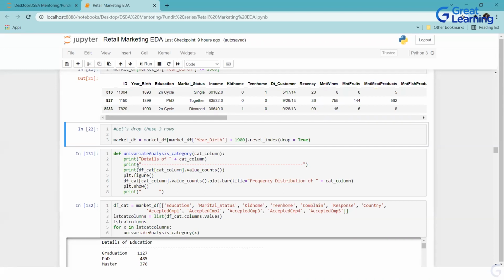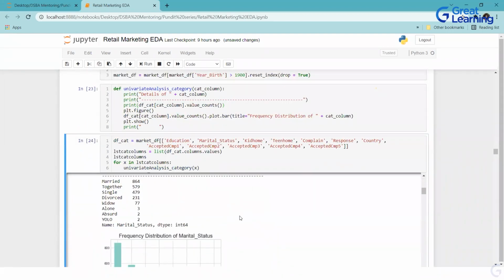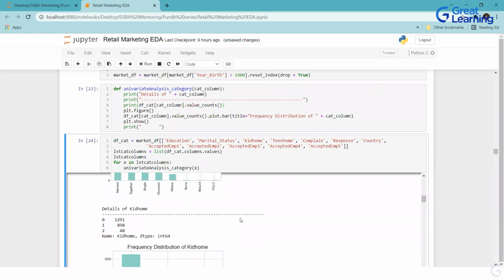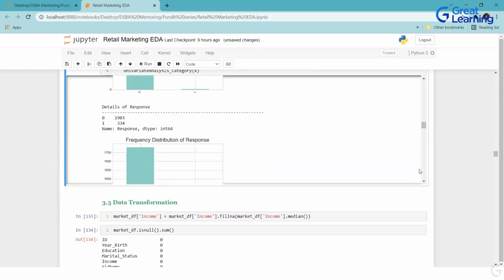Now how I created the function for the numeric columns, same way I'm creating the function for my categorical columns, also to have the count plot, the frequency distribution for my categorical columns. All these columns I have considered over here, and then I'm doing the analysis. If you see, all categorical columns have been listed down over here with their unique counts, and also their count plots. So in one go, you are able to capture anything. One of the persons who is more than 100 years old is single, right?